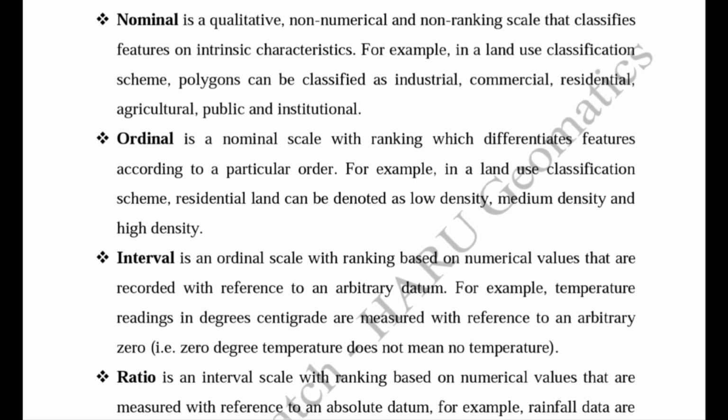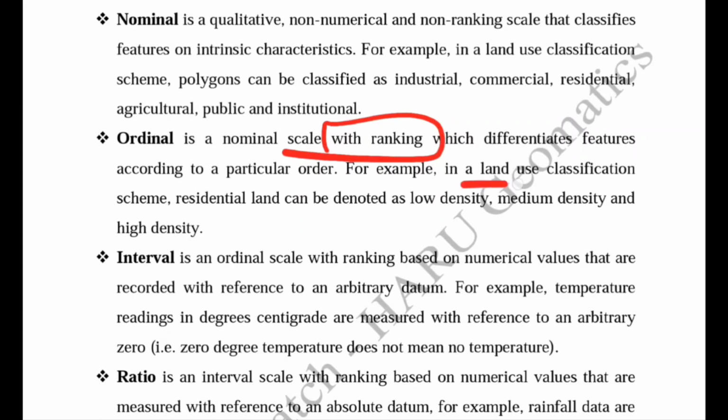Now the second one, ordinal, is the nominal scale with ranking. It gives some ranking to different features according to a particular order, so we can arrange them in increasing or decreasing order. For example, take again the land use classification.